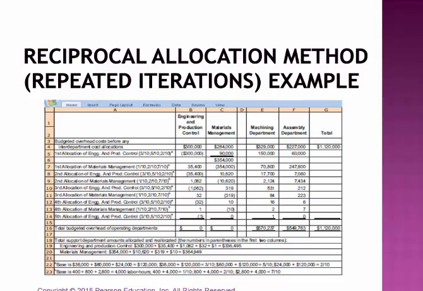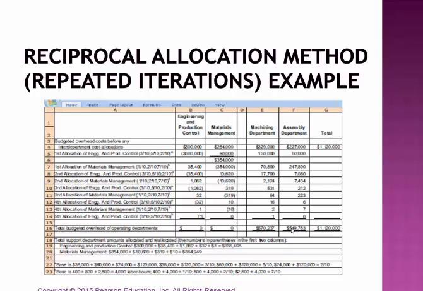Go back to the original percentages. 10% goes to materials management. 20% goes on, etc., etc. And this just continues and continues until, look, we get it down to $1 and then finally allocate that out, getting everything down to 0 in these two support departments. And then the machining department and the assembly department finally hold all of the costs, their amounts plus the allocations based on the reciprocal method, to give us these final